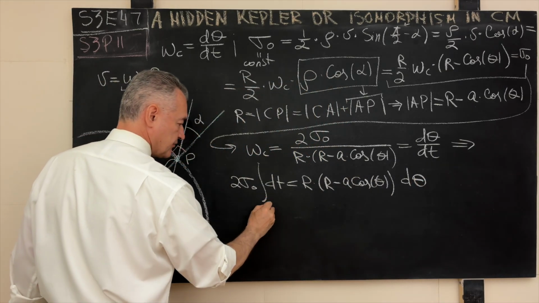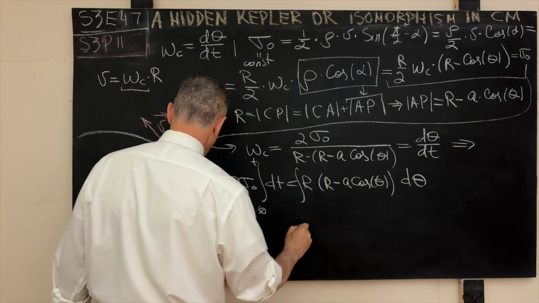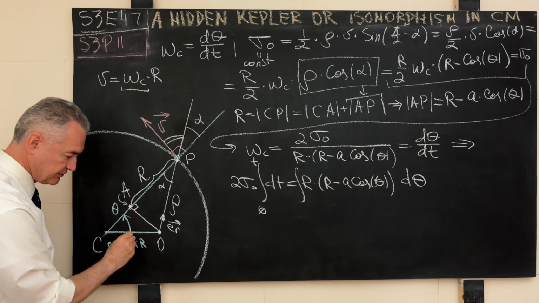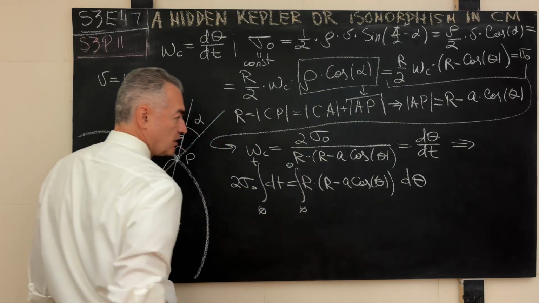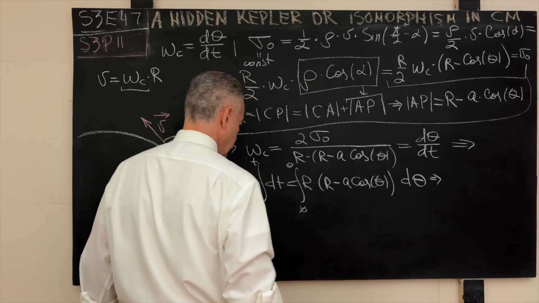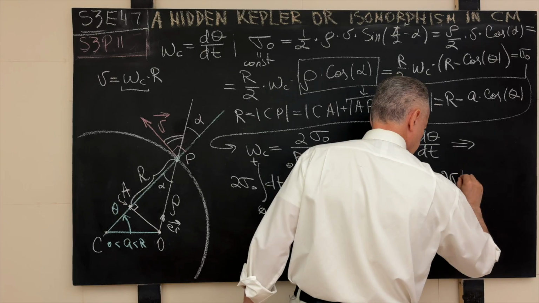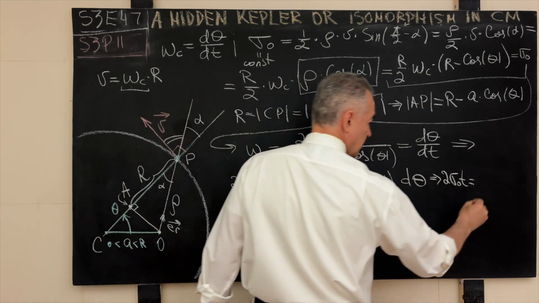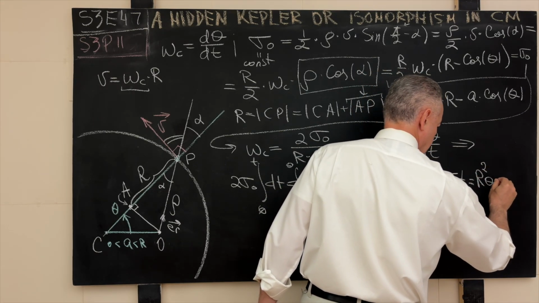Integrate both sides from 0 to t on the left, and from, let's say, we will count initial angle theta at time t0 as 0, so from 0 to theta, and this integral is trivial, so from here it follows that 2 sigma 0 t is equal to r squared theta minus,